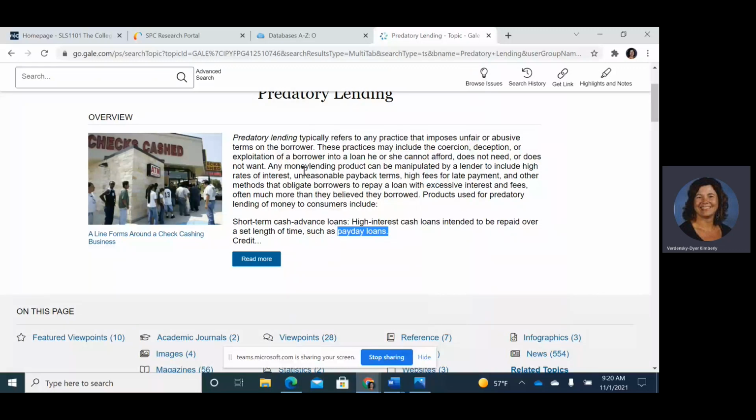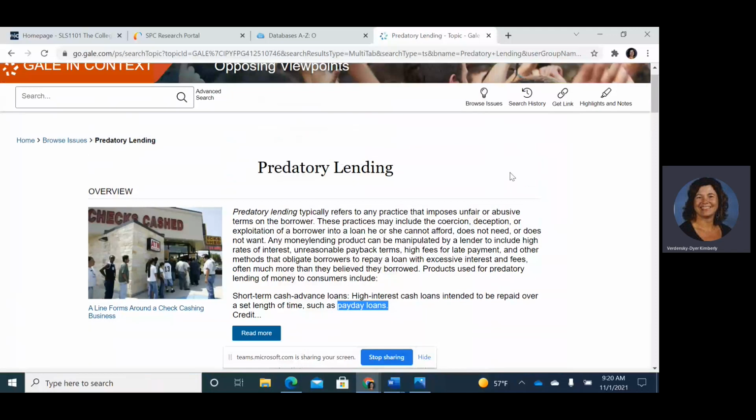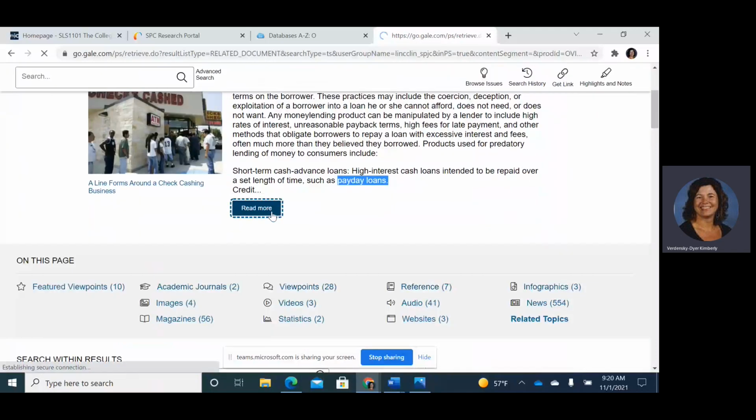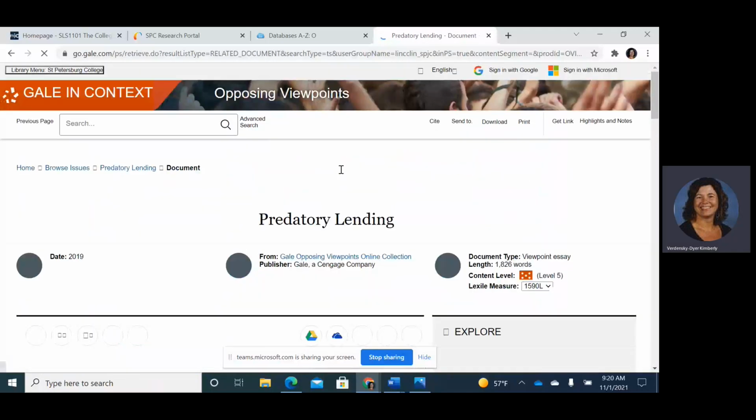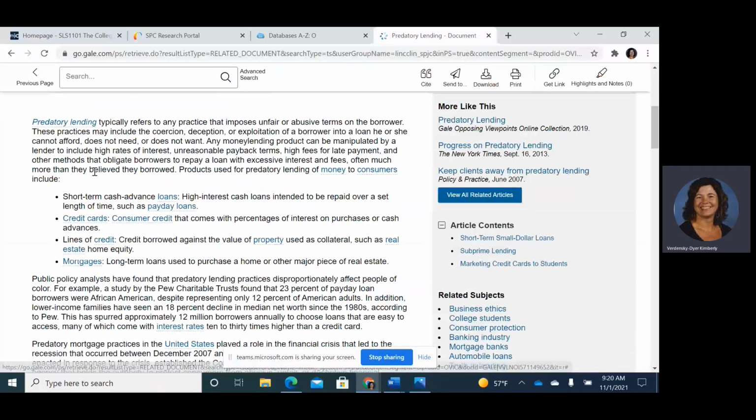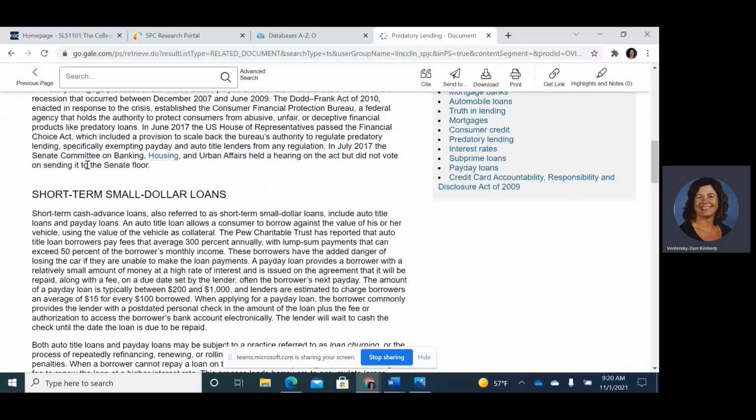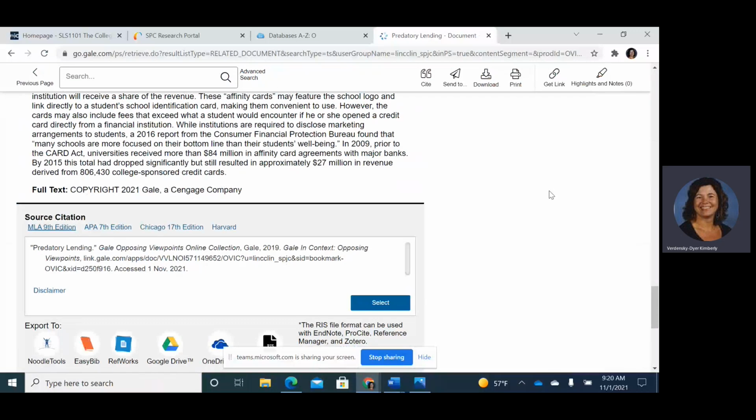So if this were going to be my topic, I have just read a brief summary of the issue, right? And there is an additional article that follows it. Okay. So I've decided I'm going to use this source. I kind of like the topic. It's very real. There's two sides to it, right? Yes, it's predatory, but the people go into it willingly,